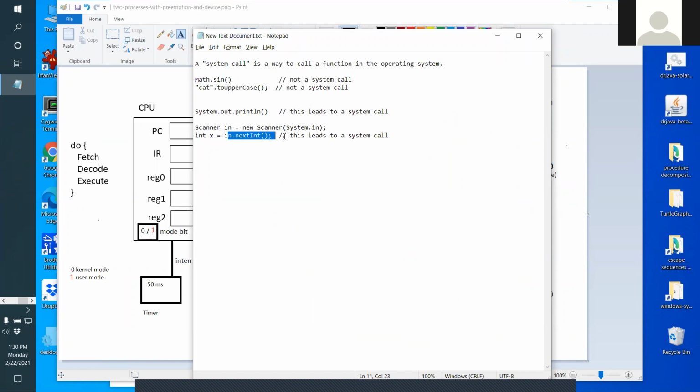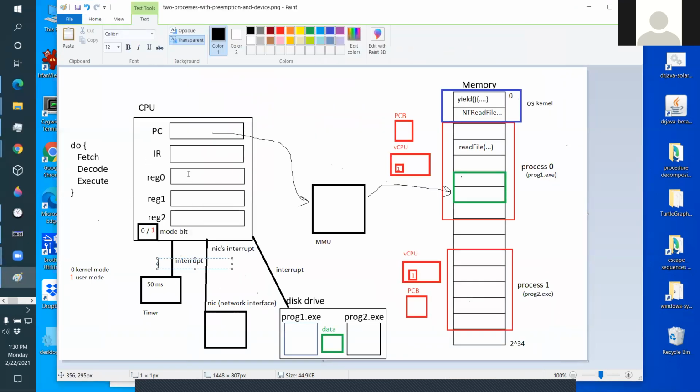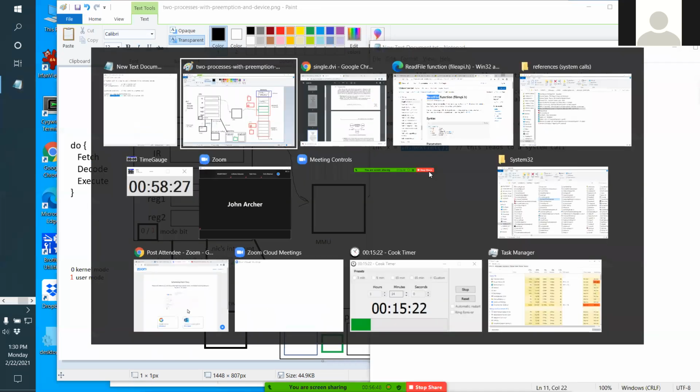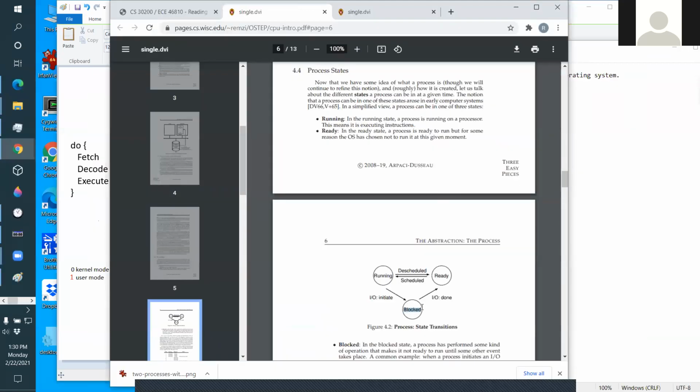So there's a real good example of blocking. When a Java function calls nextInt, it does not return until somebody types something at the keyboard and hits enter. In the meantime, the CPU's got nothing to do for this process. Until the CPU sees an interrupt from the keyboard that signals something's been typed, there's absolutely nothing for the CPU to be doing for this process. So this process, while it's waiting for a keystroke, will be in the block state, waiting for a